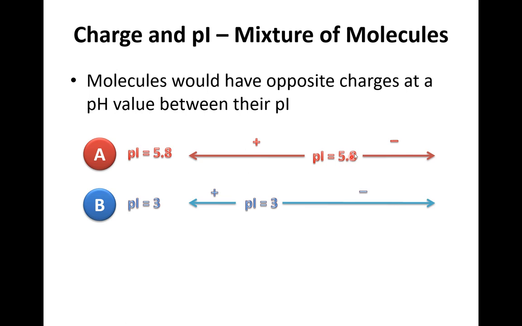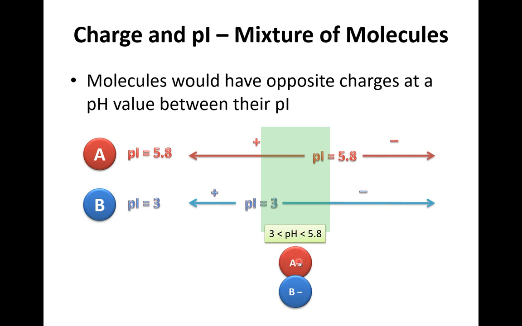If it's higher than 5.8 here, it will be negatively charged. And the same thing for B. Higher than 3 will be negatively charged. So I hope you can see now that if you choose a pH which is lower than the lowest pI, both of them will have the same charge, positively charged. Now there is a range in between the pI of the two molecules where you're pretty much guaranteed, if you find it right in the middle point, let's say 4.5, that you would have